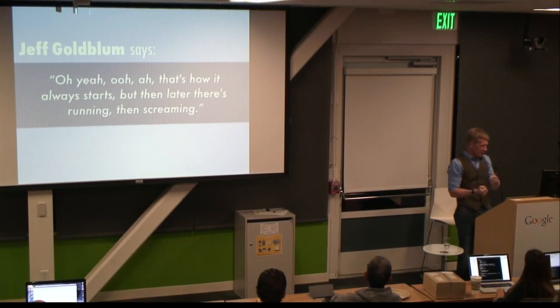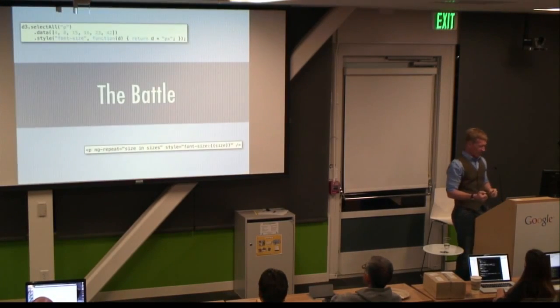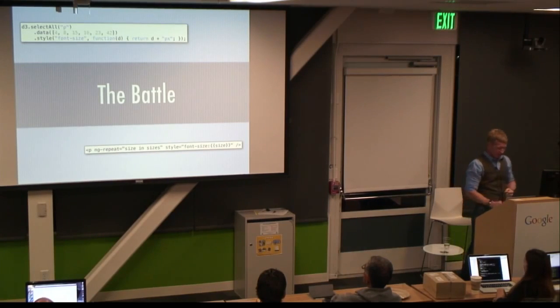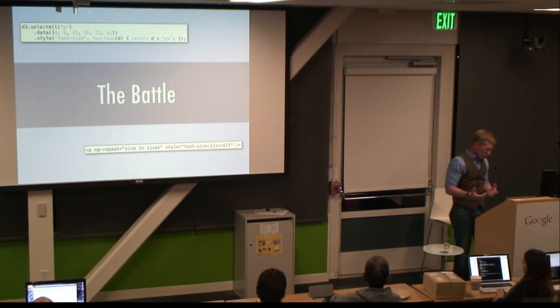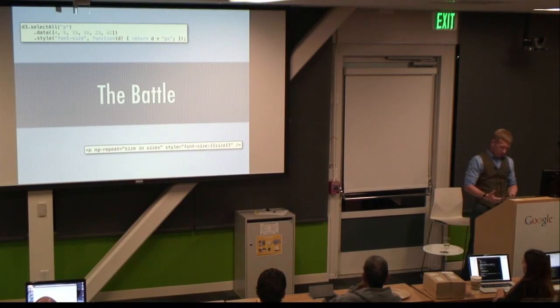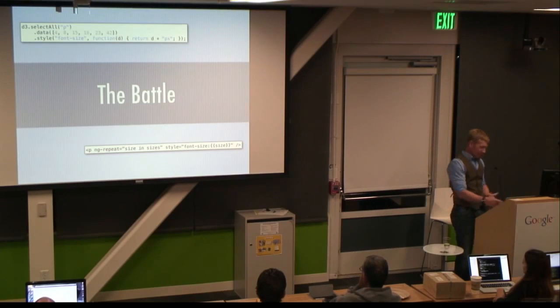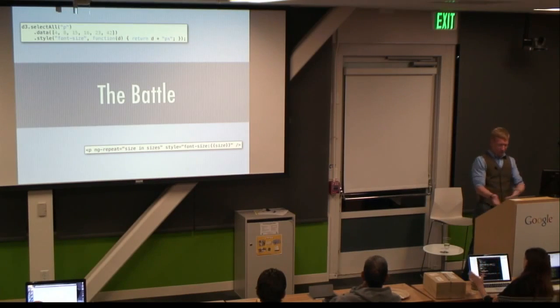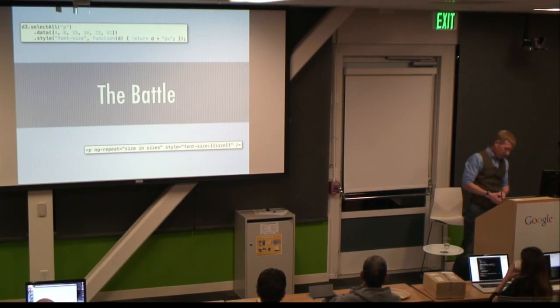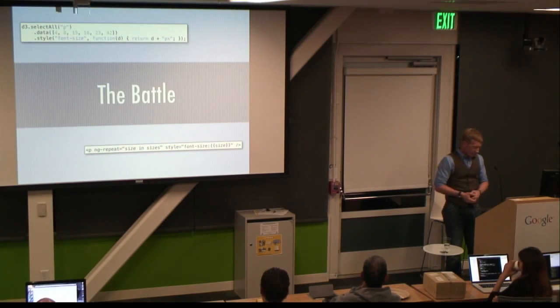But wait a second, D3 thinks it owns the entire DOM, and they both want to add stuff to it, right? And we got this really cool D3 stuff where it's got the functional syntax, and I still want to use that. And we've got the Angular stuff. It's got the ng-repeat. And these two kind of do the same sort of thing. They just do it in different ways. So how do you get these two to